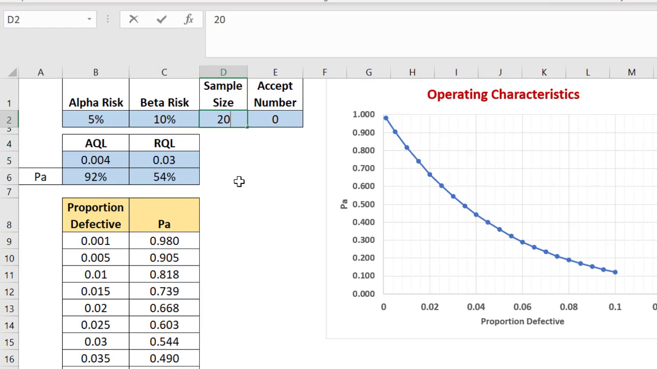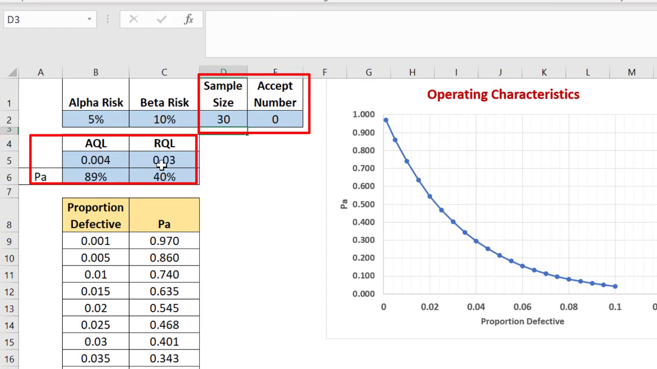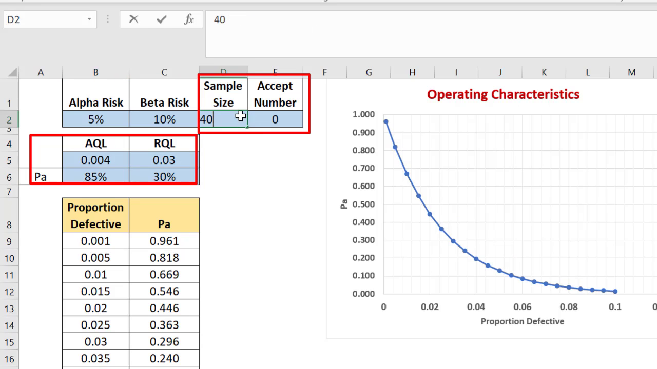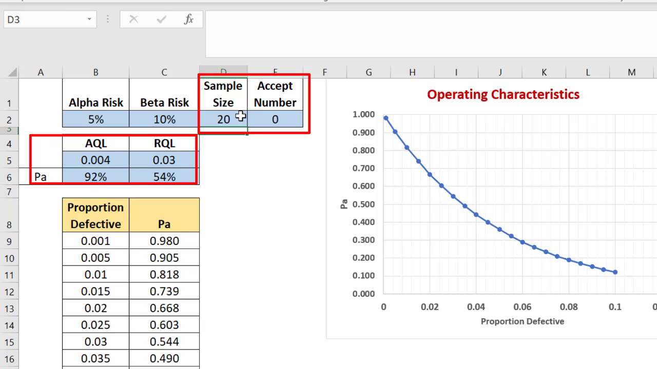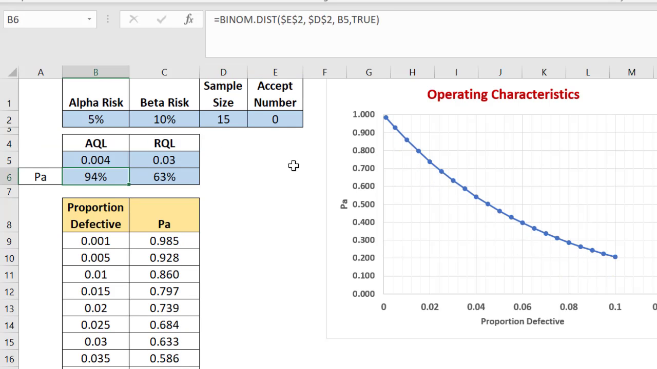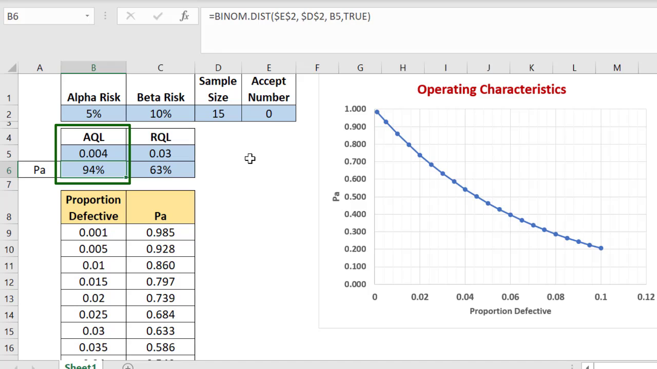So I try different sample sizes with the same acceptance number, and I try 30, 40, whatever, and at 15 I get a good value of AQL, which is about 94%. At the AQL this gives me a good probability of acceptance, but at the same time the probability of acceptance at RQL is very large. So we need to change the sample size, but if I increase the sample size, the probability of acceptance at AQL will go up. So what I need to do is I probably now need to change the accept number